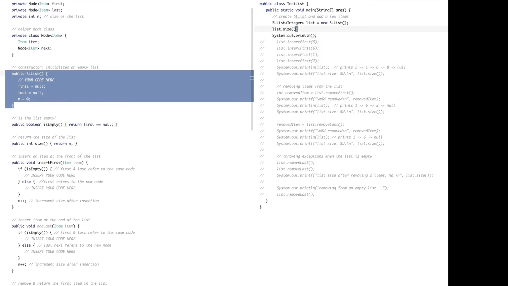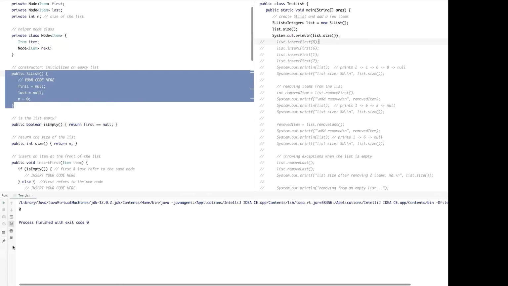I'm going to copy this, okay? And just print the size of this list. That's all I want to do. Okay, so let's run this. You can run test list main, and here it is. It prints a 0. So what happened here is that